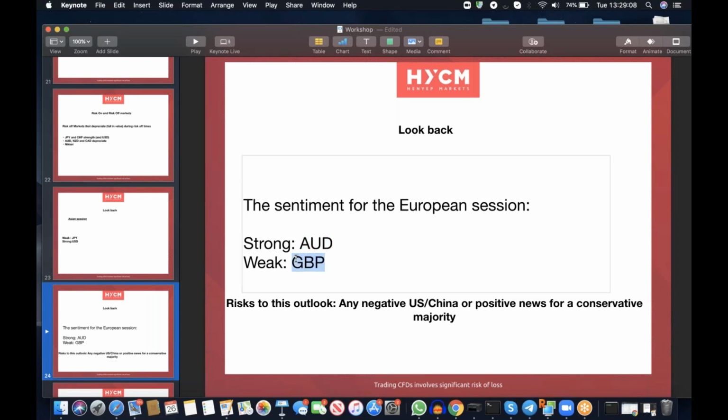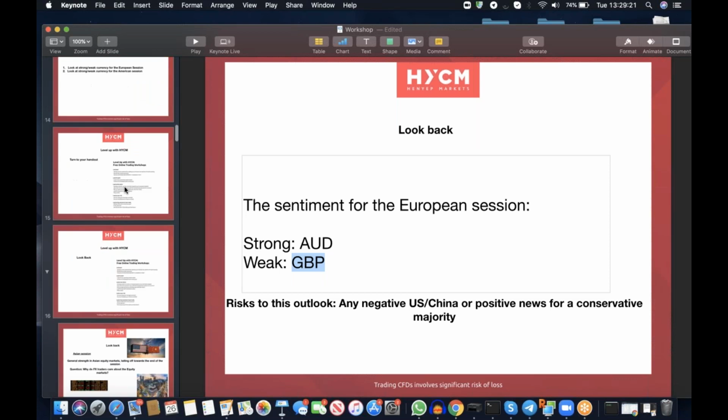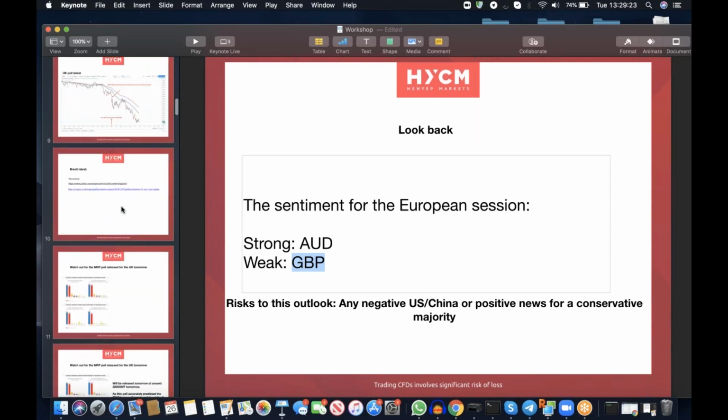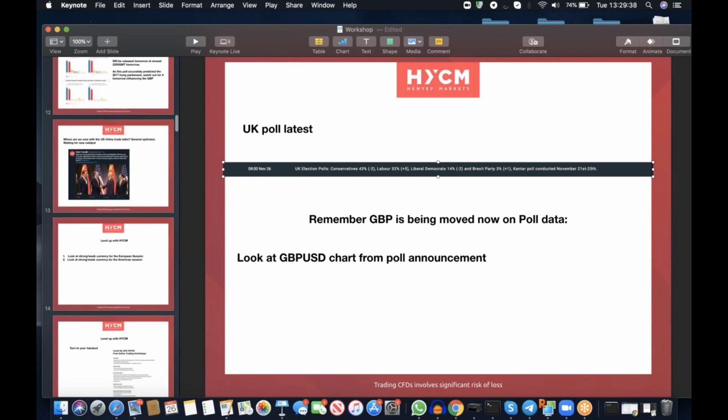Now, we know that the pound was weak because we'd seen very clearly that the poll data had come out at 8 o'clock. Remember, we looked at the poll data here at 8. So let me just quickly refresh ourselves on that poll data. There it is. That was the poll data there. Conservatives 43%, minus 2%, Labour 32%, plus 5% on the Kantar poll conducted November 21st to 25th. So it's the latest poll data, released 26th, and